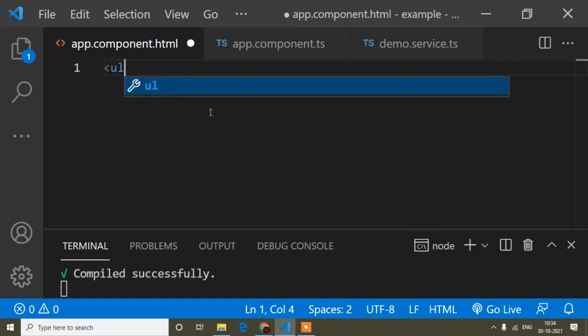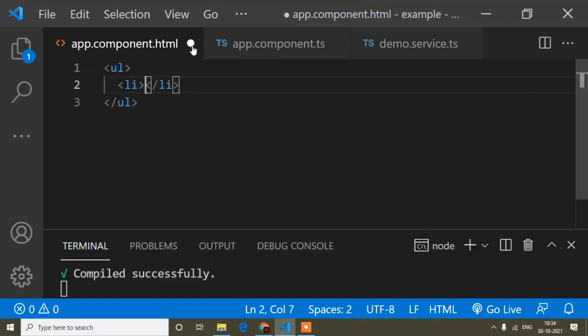Just simply write a for of loop, like just ul. So here you can write ngFor, now let. let is the keyword for defining a variable, and here I will write the variable name arr. You can write this as per your choice because it is just a variable. And now this is a for of loop, so of.